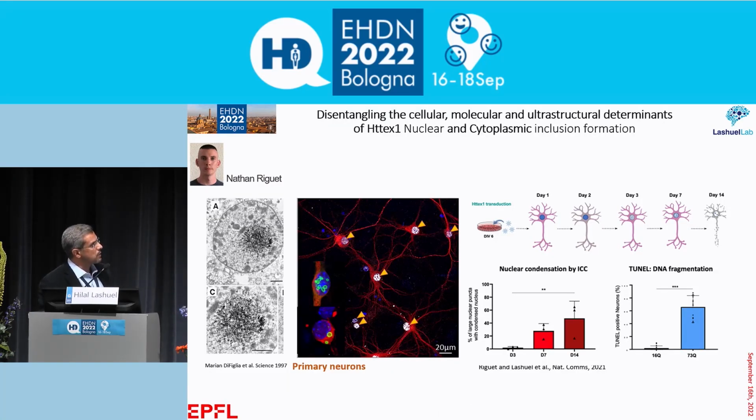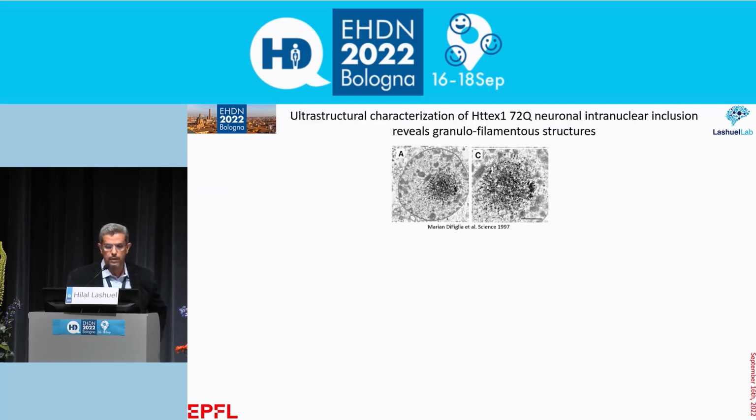Next, this was in HEK cells, and we wanted to study this in neurons, so we wanted to look at the structure of Huntington aggregates in neurons, and Nathan did a similar study. These are the images of Huntington nuclear aggregation from the brain that have been published. And you can see they do suggest some sort of fibrillar structure, but it's very granular and difficult to elucidate. In neurons, what we know is that if you overexpress exon 1, we can induce the formation of these nuclear aggregates. They mature in size, they increase in size over time, and we do see an increase in toxicity over time in neurons due to the overexpression and inclusion formation of exon 1.